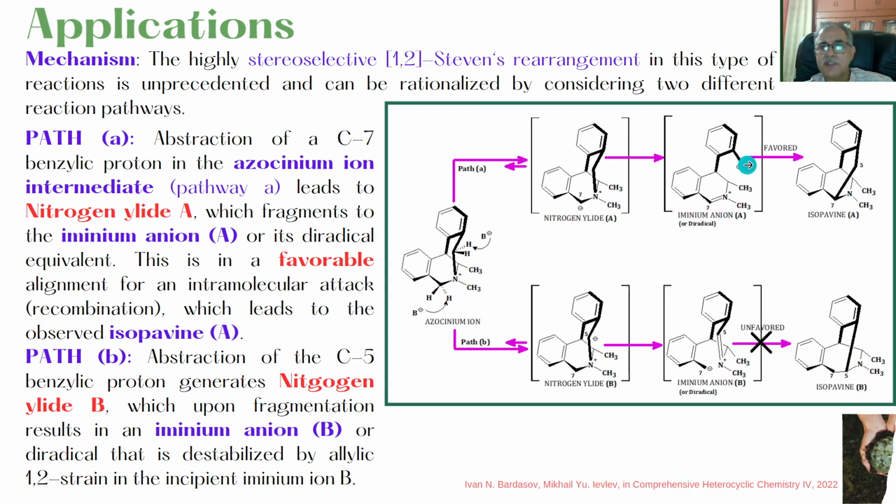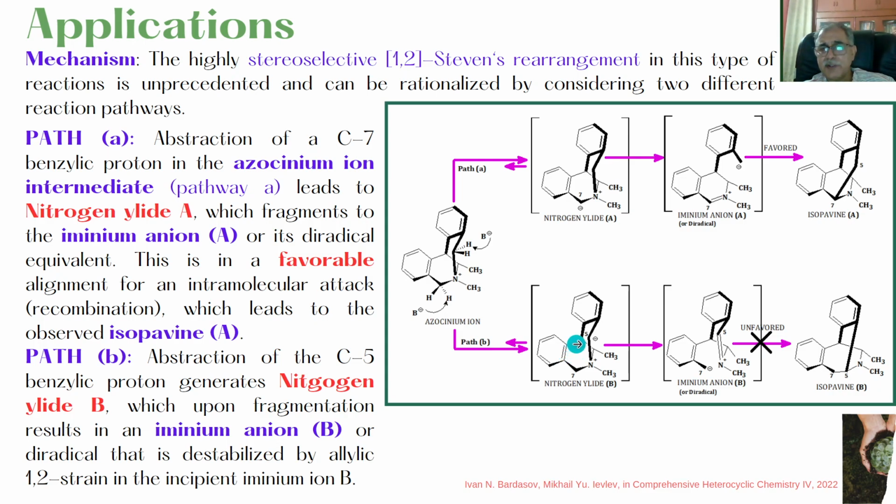And then this ammonium anion can attack this carbon 7, and this double bond will become a single bond, and this type of isopavine will be formed. Now, because of the less steric hindrance, in this case this path is the preferred path in comparison to path B,